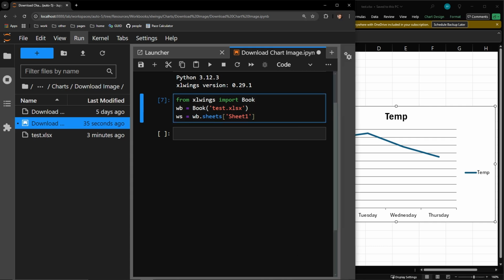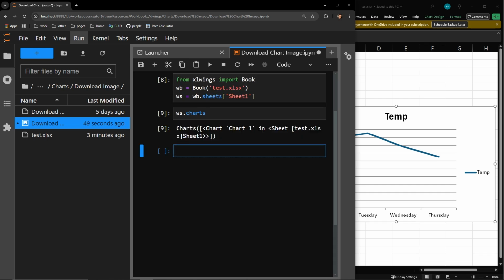Here you can see that I've opened the workbook on the right with the book function and selected sheet 1, which is the one displayed. First, let's check out the charts that we have on the page. I do this by accessing the charts attribute of the worksheet object. The output you can see here shows that there is a single chart called chart 1 on sheet 1 of my test XLSX document. Accessing just the chart that I want is as simple as using the 0th index on